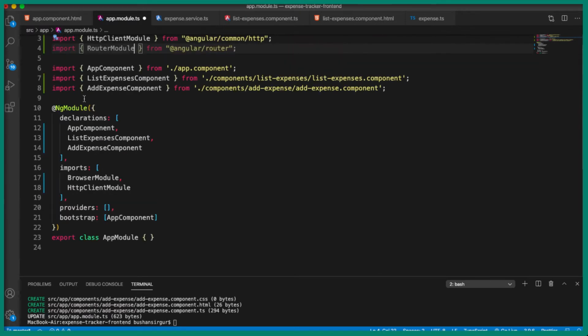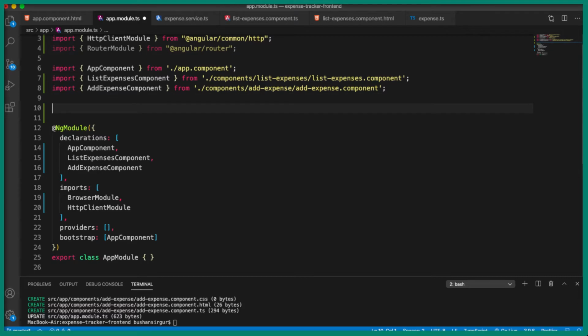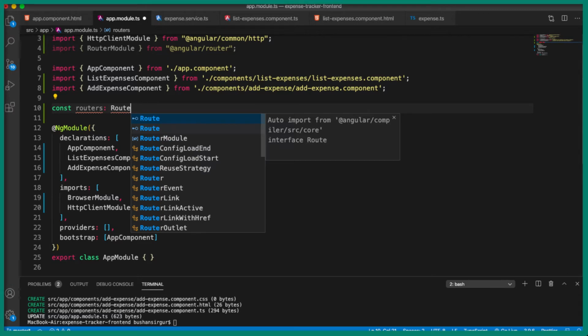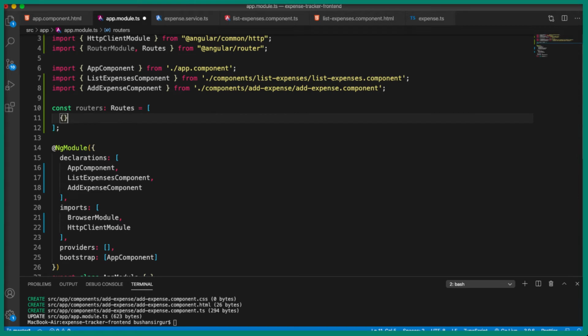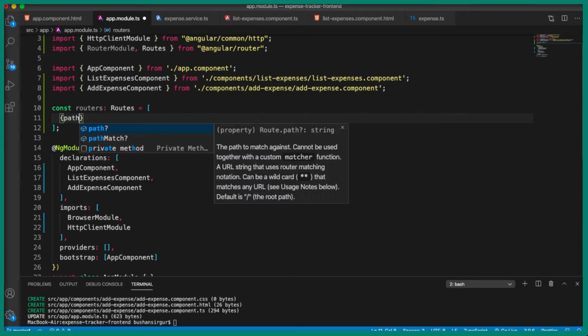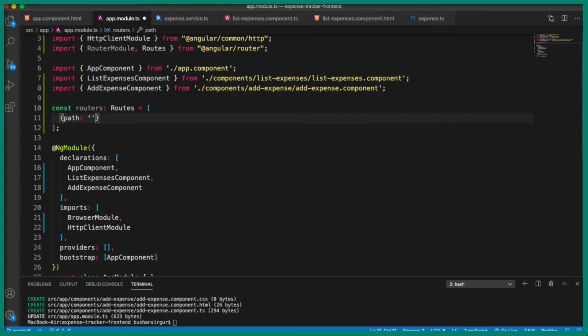And we need to define the routes which we are going to use in this application. I'm going to create a variable, const, and I'm going to call this routes, which is of type Routes, which is from the router module, and this is going to take an array, and each array element contains an object, and inside the object we have a path, which is nothing but the URL.